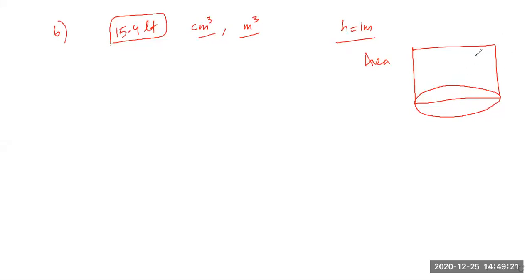Somebody can say there can be a hole in the top from where we can put the liquid. So there can be a question like that also. Then there is a hole on the top, the hole diameter is this, then calculate. Then you have to subtract the area of the circle. But here I think we are assuming that there is no hole. It's only the base of the cylinder, and the top is empty. Am I right? I think so.